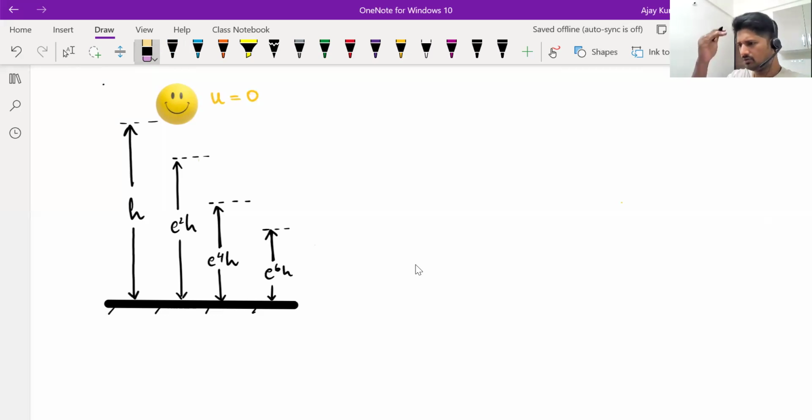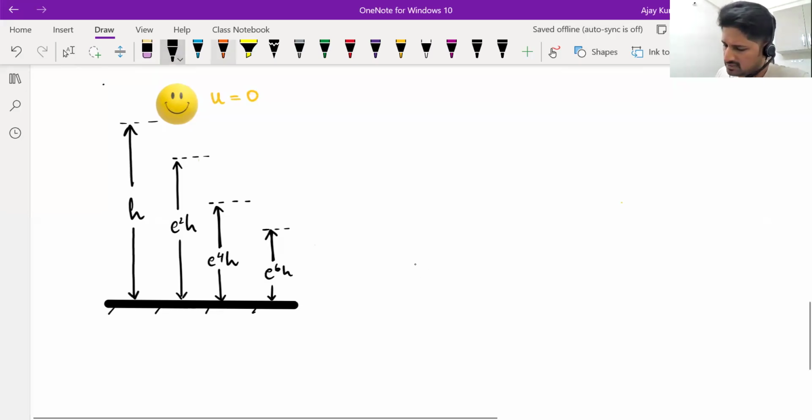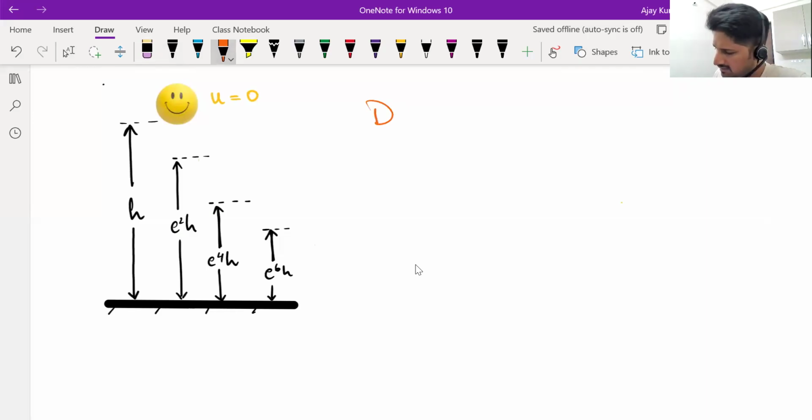So you know what distance it is falling, what distance it is rising. Again, what distance it is falling, what distance it is rising. We can write an expression for that in terms of e and the original height from where it is dropped. So now the question is,